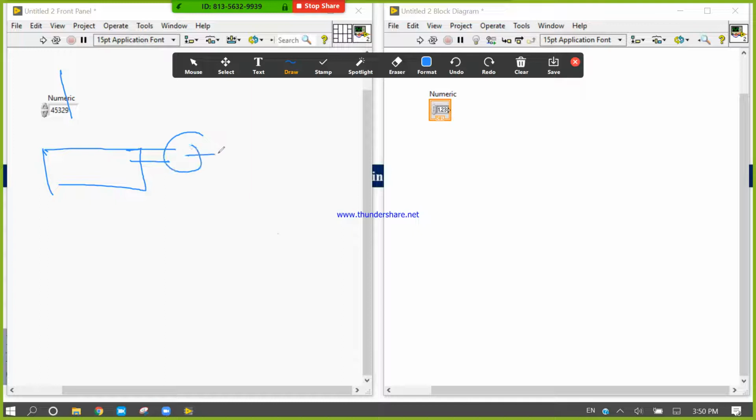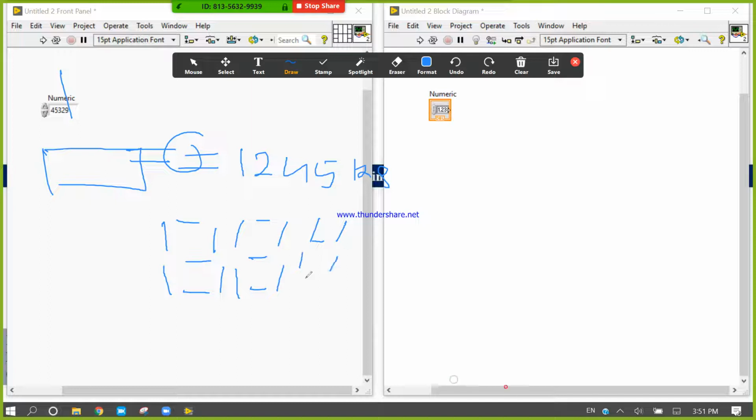By using this system we can measure, say, 1245 rupees. But how can we display this? Tell me. If we have a 7 segment, we can only generate one value in a 7 segment. So how can we do?